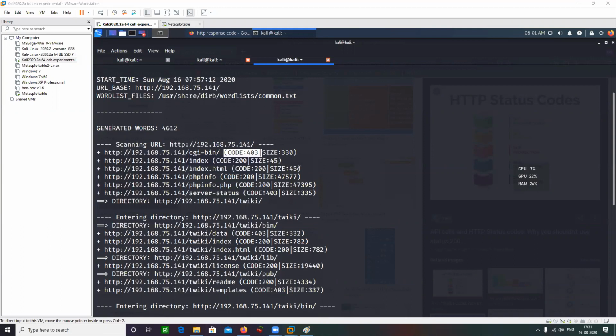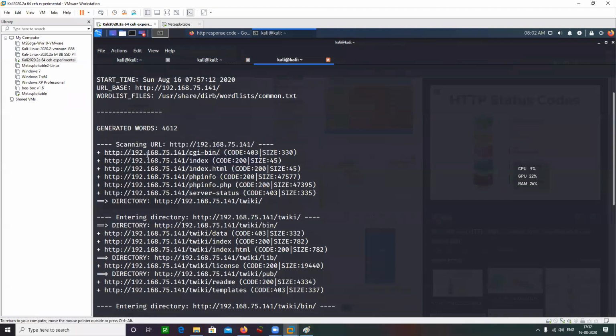It takes words from the word list, appends them at this point, and makes a request on our behalf. One by one, it replaces the words here and marks the response, like what kind of response I received: 200, 200, 200, 200, 403, and so on, so that I can analyze what directories exist here. That is simply directory brute forcing.